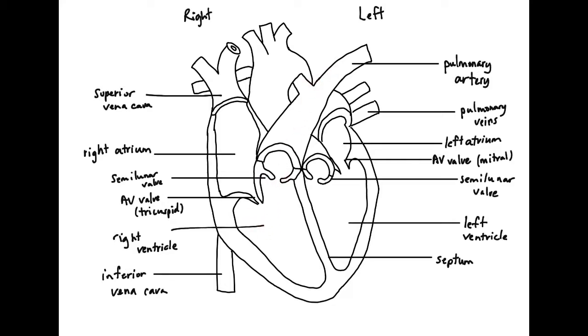Okay, and then I'm just going to draw similar to what we had on our first heart diagram when we were talking about the pulmonary and systemic circuits, how the blood actually flows. I'm going to just use blue, even though it hurts me, just to show you the deoxygenated blood. So it's coming into the heart, and this is actually coming up behind here, into that right atrium. It's coming from the body, so it's been used up of the oxygen. It still has oxygen in it, it just doesn't have the optimal amount that we would need for that concentration gradient for diffusion. So it'll come into that right atrium, and then it'll go through the AV valve into the ventricle, and then it will leave,